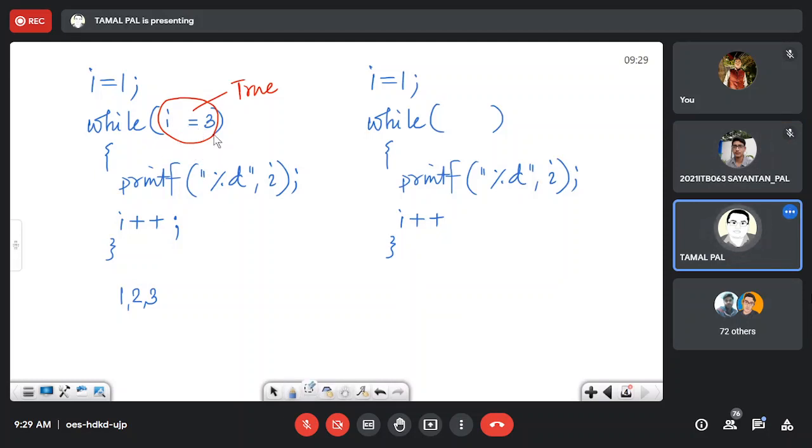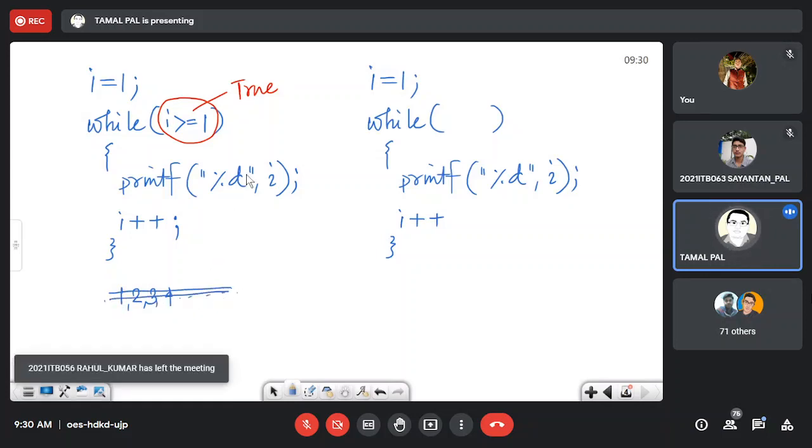If I make it i greater than or equal to 1, then it is true forever. That means 1, 2, 3, 4, 5, 6, in this way, up to infinity it will print. So this type of loop is known as an infinite loop or always true loop.